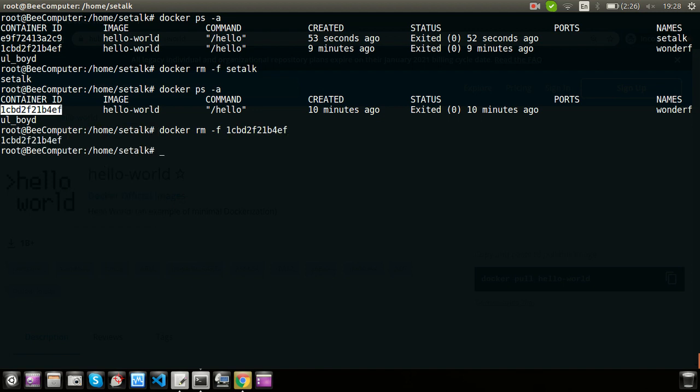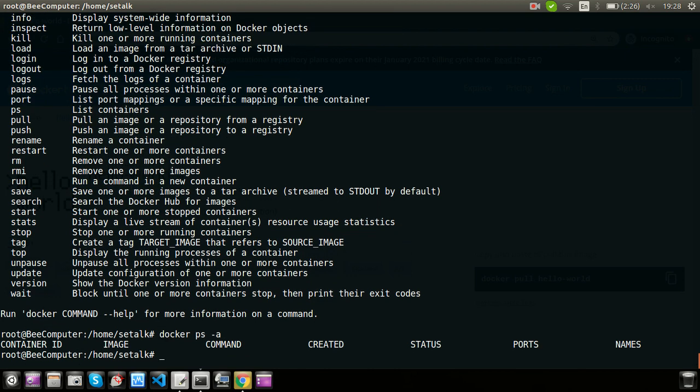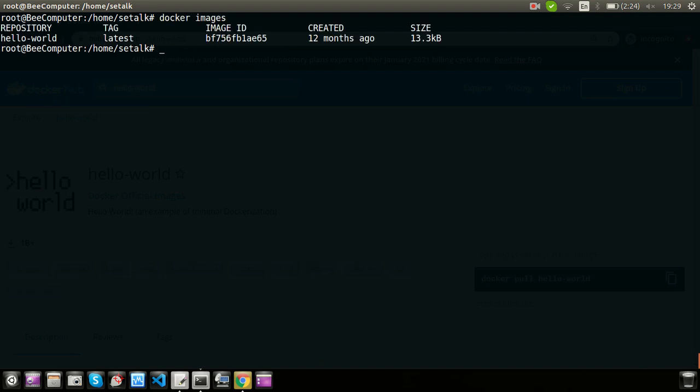Now if you run the command docker ps -a, something went wrong. Docker ps -a, you can see it's an empty list. So now let's see how to remove our image. Let's see how to remove this hello world image. For that, I'm going to run the command docker